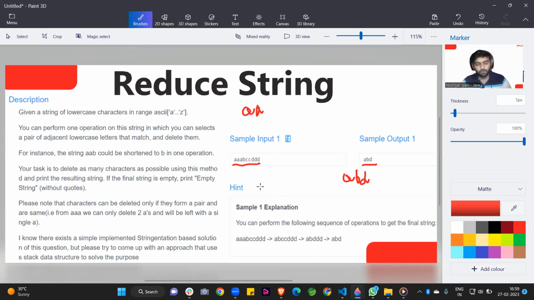So the brute force solution is like we iterate with two for loops for checking if the character is present. If the character is in our string builder or string, at that time we can remove that character. And if any single letter is present, at that time we can add the single letter. So this is our brute force solution. So how can we use the stack data structure in this question? I am opening the second slide.